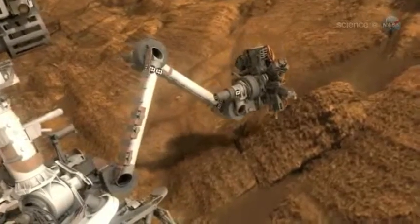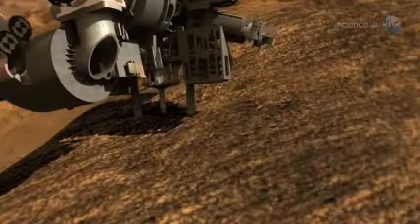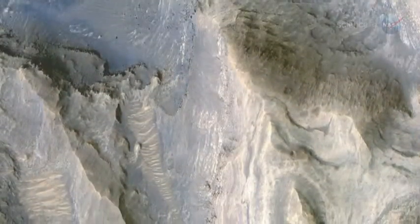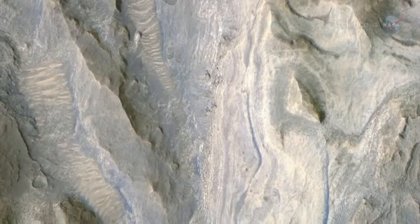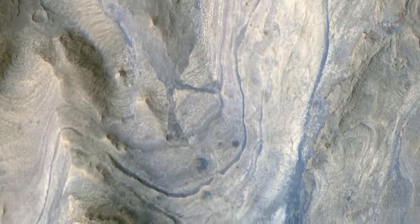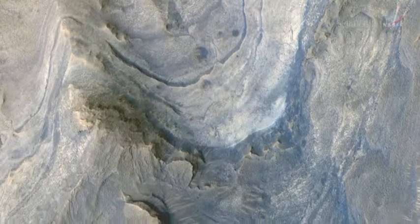In the gentle slopes around the mountain, Curiosity will prospect for organic molecules, the chemical building blocks of life. Mars Reconnaissance Orbiter has found an intriguing signature of clay near the bottom of the mountain and sulfate minerals a little higher up. Both minerals are formed in the presence of water, which increases potential for life-friendly environments. "All the types of aqueous minerals we've detected on Mars to date can be found in this one location," explains